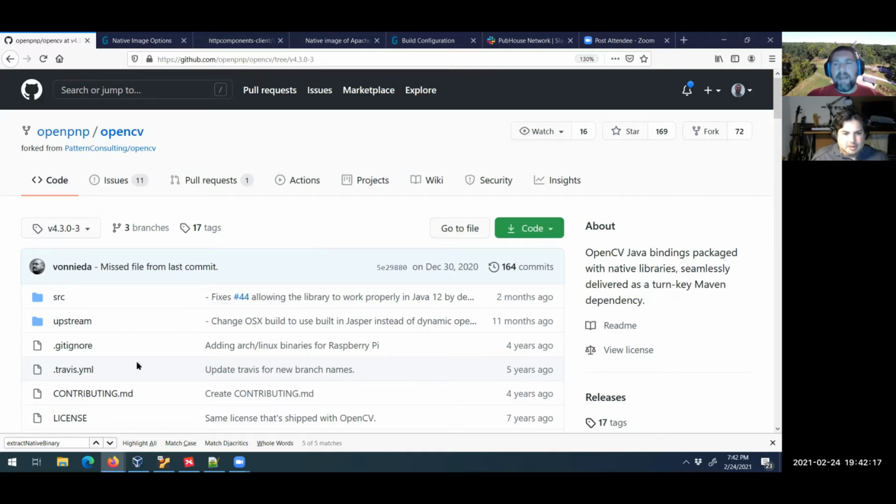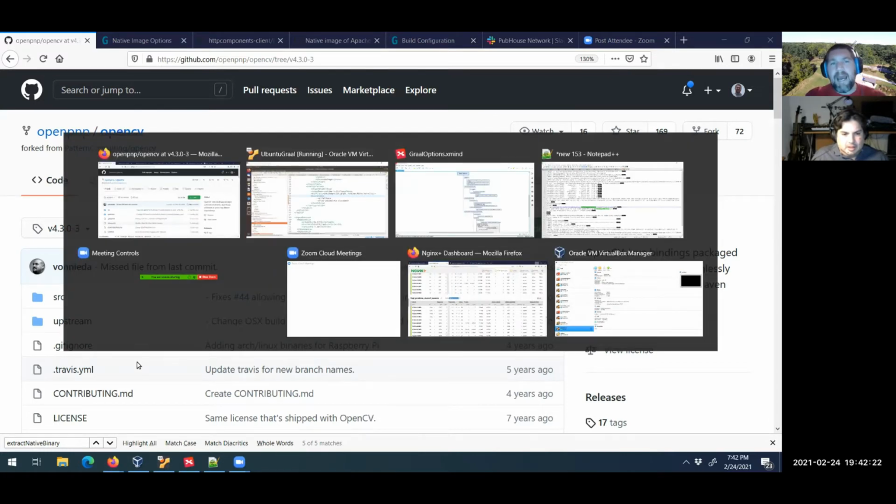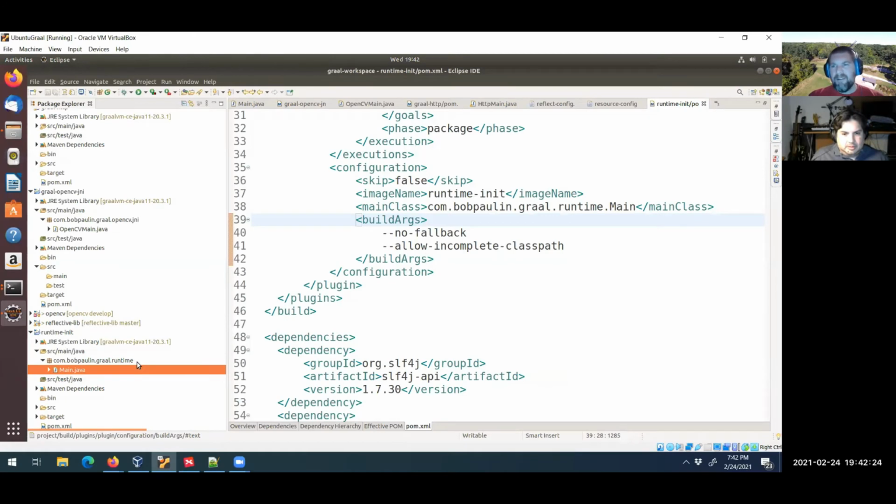But if I want to do that in Graal, there's some things that happen. And you know, it's like, oh man, you're doing JNI. That sounds really complex. Does that even work with Graal? The answer is yes, it does. And it works just fine. But if I take this project